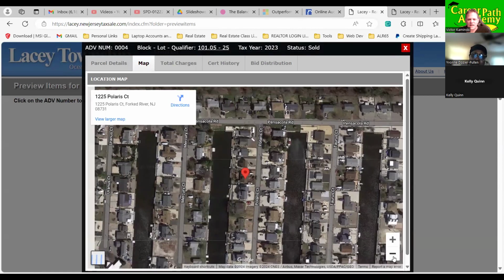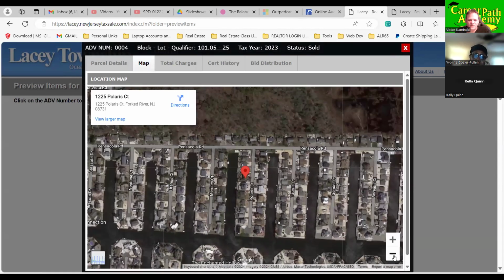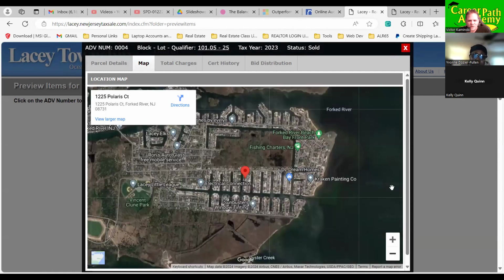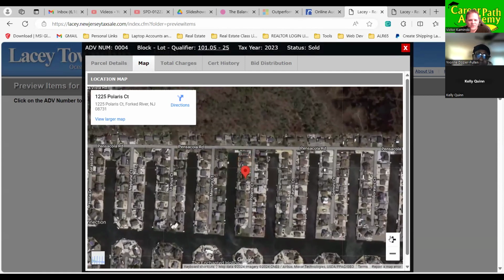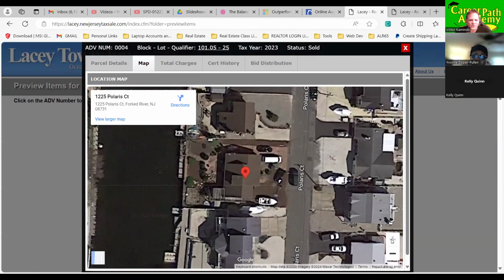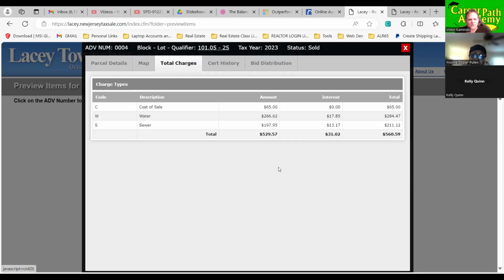So this is where the boats come in off the ocean. Here's the ocean over here. You're coming in, the water comes in here, and then you pull in here, and then you've got your property right there off the ocean. Look at this guy, he's got docks right in his backyard. You see people have boats and docks right in the backyard there. That's some expensive property. So let's see what the total charges are for this.